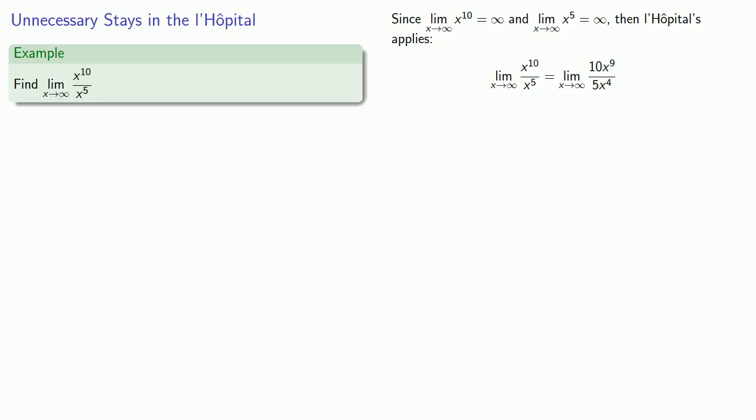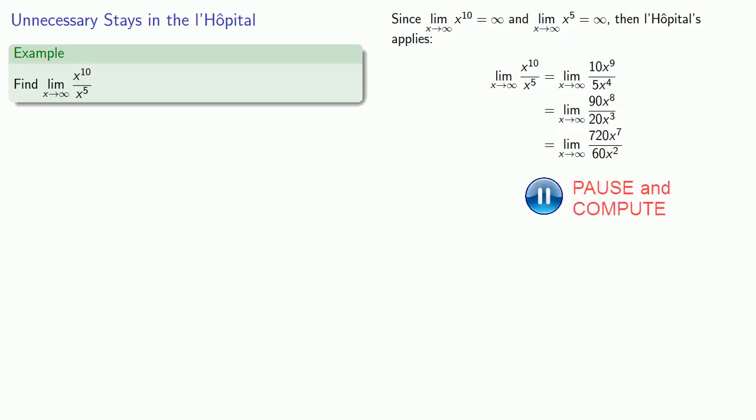So I can apply L'Hopital's rule again. And I now have a quotient where the numerator goes to infinity and the denominator goes to infinity. So I'll apply L'Hopital's rule again. And if I keep applying L'Hopital's rule whenever I can apply it, I end up with